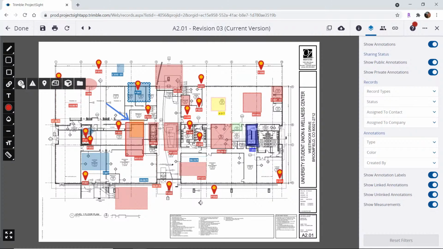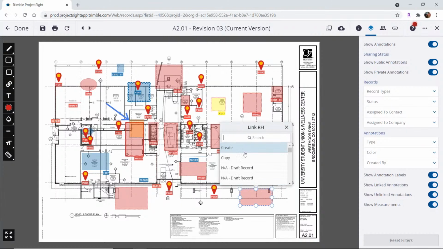So for example, if there's an RFI, right, I can come in here and select this RFI, mark an area that I want to start this RFI at. And when I release, it is going to ask me if I want to create an RFI or potentially attach an RFI that's already been created in the system, but not yet linked to a drawing, right? And if I choose to create,